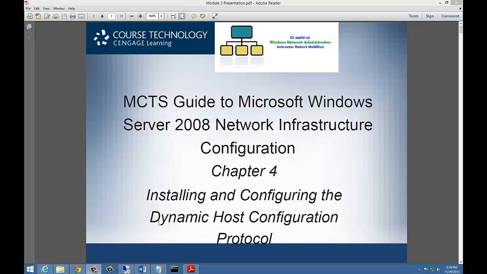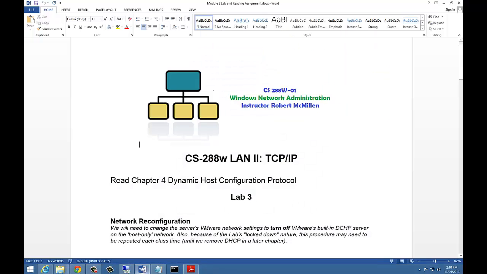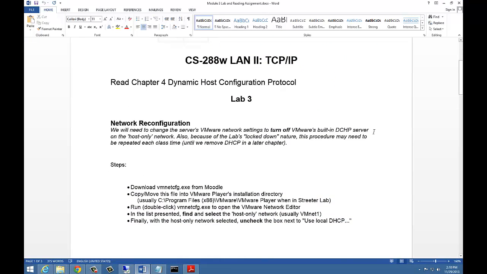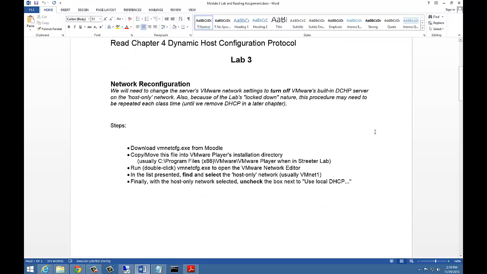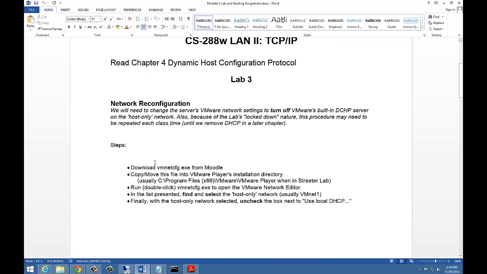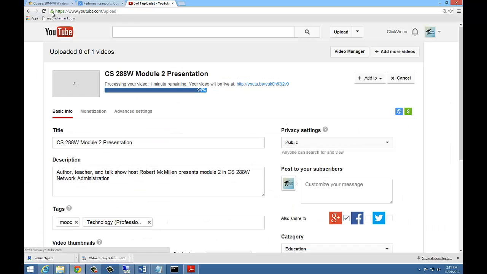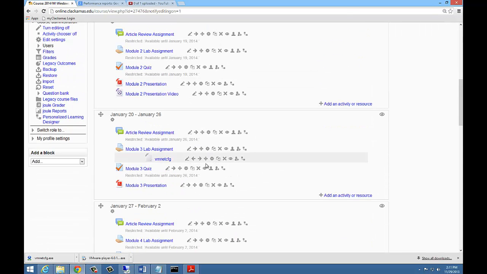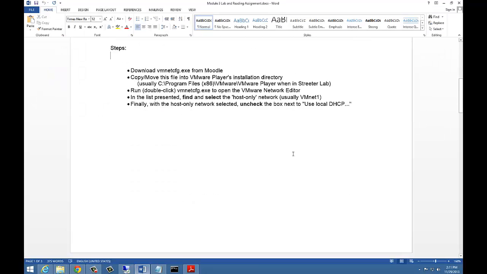So before we get into our slide presentation, let's go to our Lab 3 assignment. In order to get started on Lab 3, you're going to want to make sure you download the vmnetconfig.exe file from Moodle. You're going to actually see that in Moodle when you go to Lab 3. There's your vmnetconfig file. Go ahead and click on that to download it, and then you're going to use that,